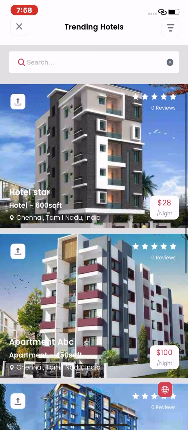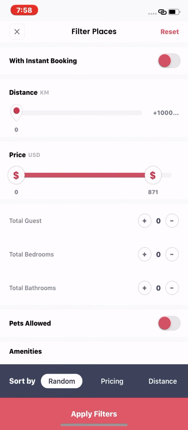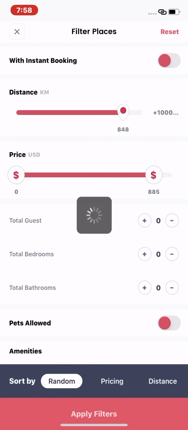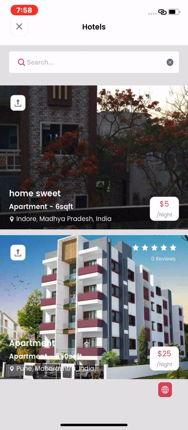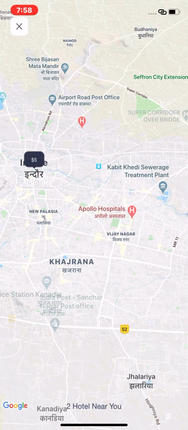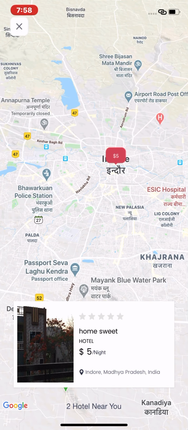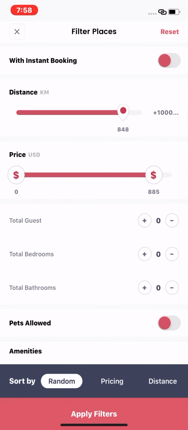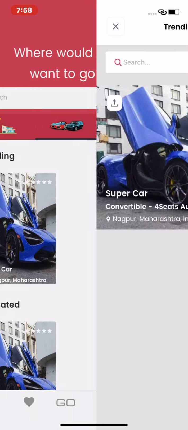And this icon is for sharing, so you can share that particular property with anyone else if you want to. These are filters. So if I'm going to apply the filter, I can click here, I will apply. So you can see here the filter would be based on the price that is visible. As you can see, that is the icon of the earth. I will click on it and you can see this is the map on which you can see the location of the property. So that is visible this way. I need to go back. In the same way you can click on car as well.